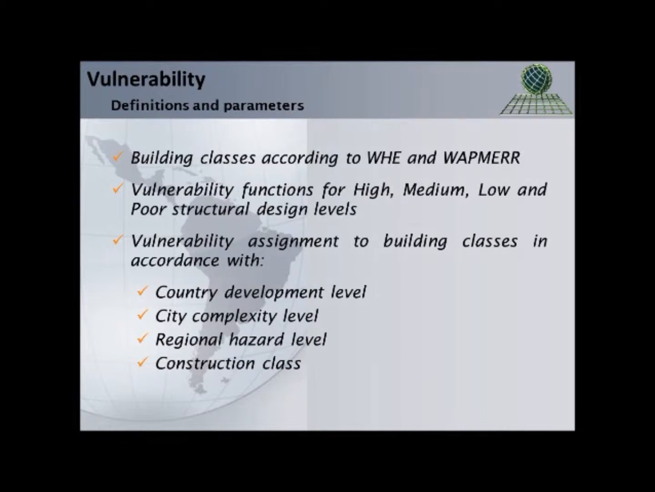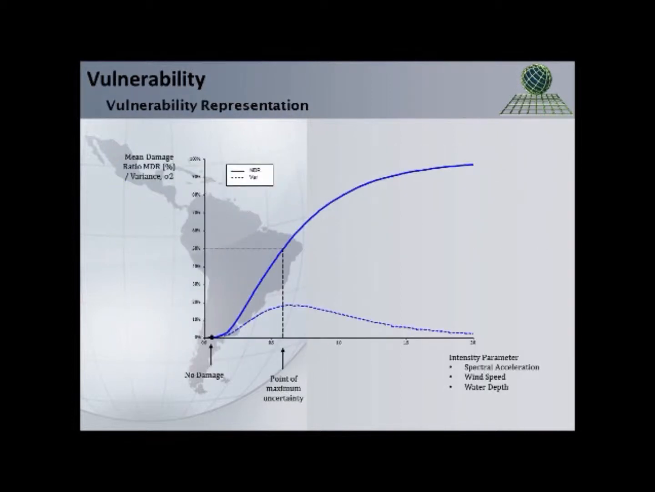according to the World Bank's classification, the city complexity level, the regional hazard level for earthquakes and tropical cyclones, and the construction classes. After identifying the building classes capturing the main characteristics of the different structures, a set of vulnerability